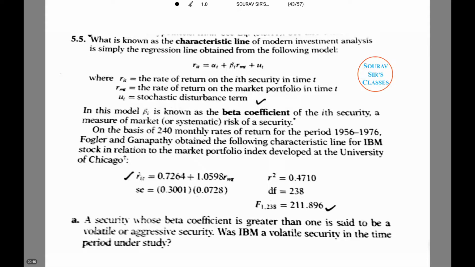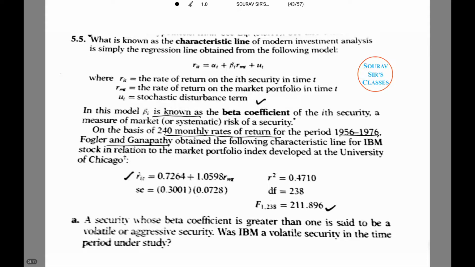Here RIT equals the rate of return on the ith security in time t, RMT is the rate of return on the market portfolio in time t, and UT is the stochastic disturbance term. In this model, beta I is known as the beta coefficient of the ith security, a measure of market risk of a security. On the basis of 240 monthly rates of return for the period 1956 to 1976, Fogler and Ganapathy